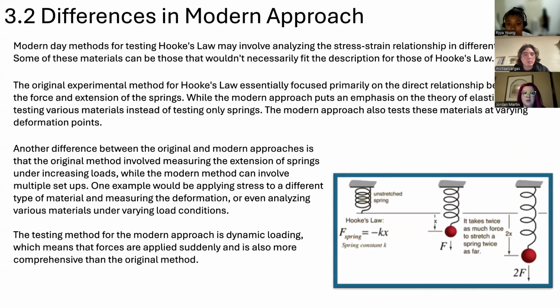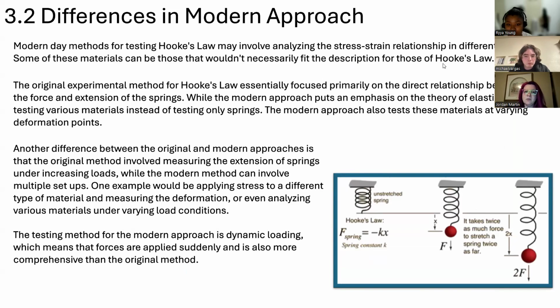3.2 Differences in the modern approach. Modern day methods for testing Hooke's law may involve analyzing the stress strain relationship in different materials. Some of these materials can be those that wouldn't necessarily fit the description of those of Hooke's law. The original experimental method for Hooke's law essentially focused primarily on the direct relationships between the force and the extension